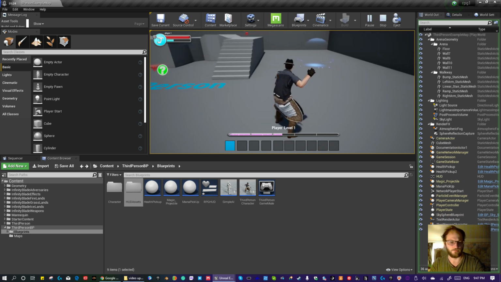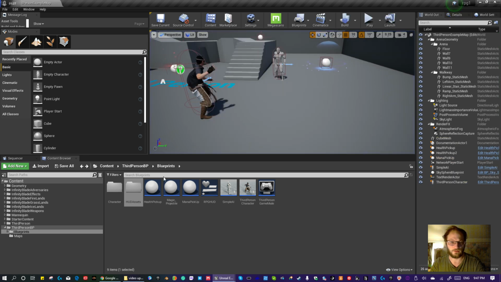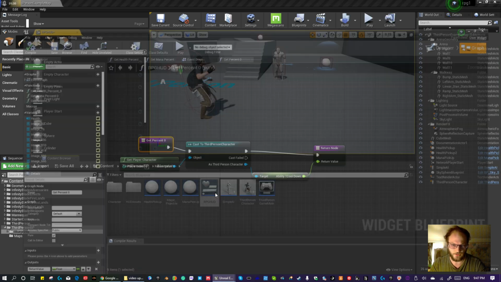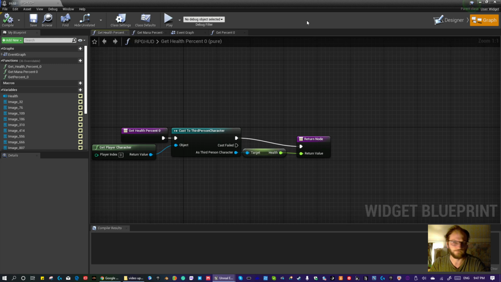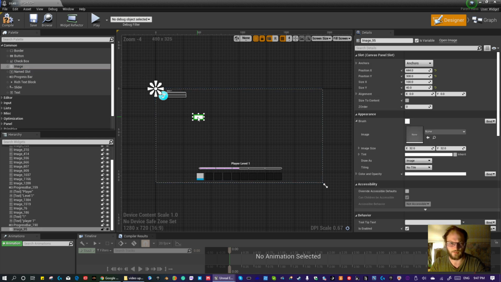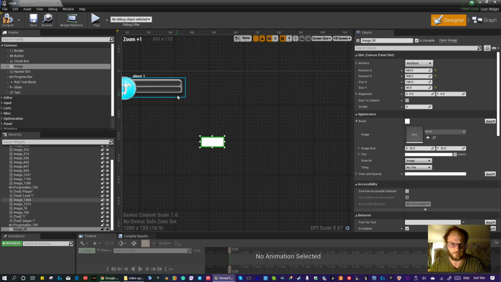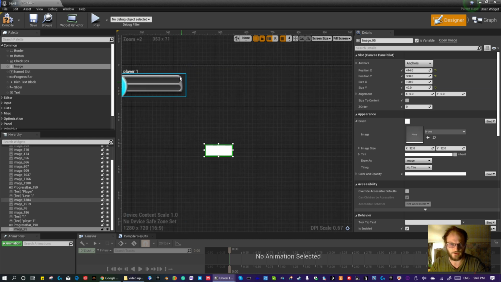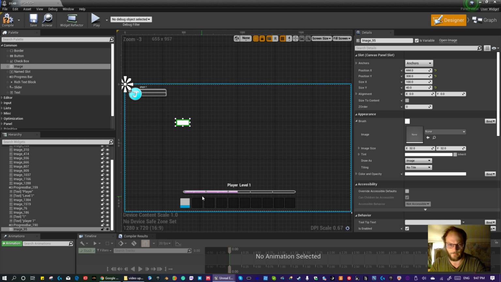Okay, so I'll show pretty much how I accomplish this real quick, starting with the graphics. In the designer here, you can make image boxes, and then you can throw images in image boxes. So the stuff behind these 2 bars are images, and each of these boxes are images, and this is a progress bar with an image overlaid, so that's different. And this here is a progress bar with an image overlaid. Not an image, just a color